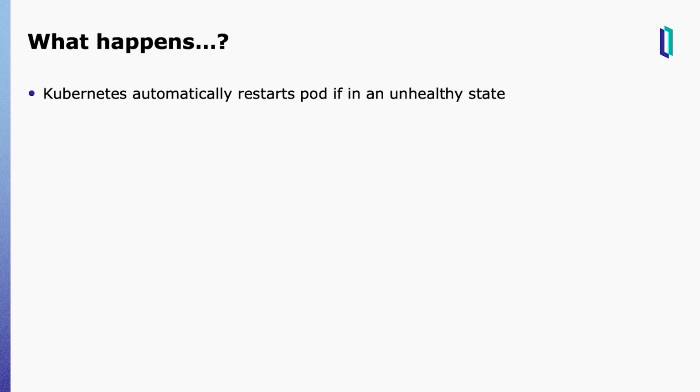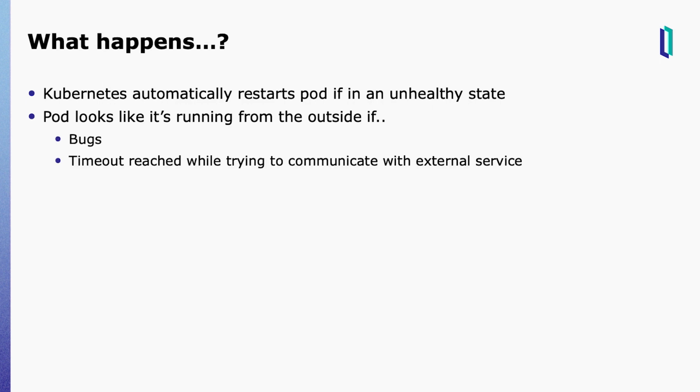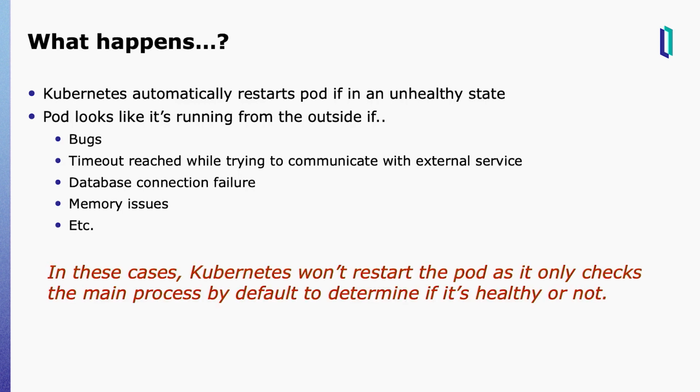Well, what happens is, great, Kubernetes automatically restarts the pod if it's in an unhealthy state. Sounds wonderful. So we're good to go. It'll take care of all of it for us. But the problem is that, similar to what I described earlier, the containers look like they're running from the outside, but inside the container there could be a bug, there could be a deadlock, timeouts, connection errors, et cetera, et cetera. So there's lots of things that can happen inside your container, but to Kubernetes it looks like it's all fine. So in many cases, Kubernetes won't automatically restart the pod